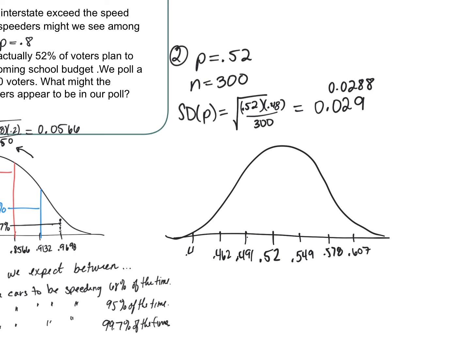And 0.433. Okay. So, in a sample of 300 voters,